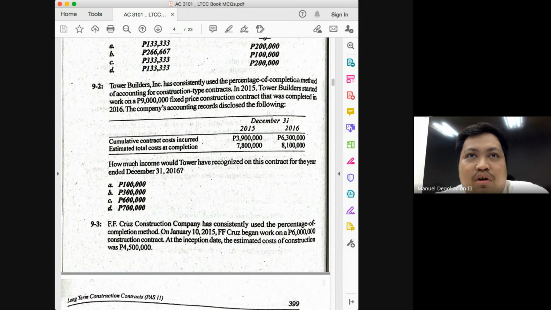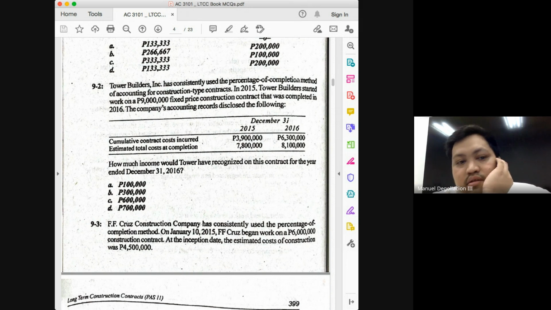Plus, we have our cost incurred to date. Plus, if I say we need the cost incurred to date, you do not have to look for those exact words, class. Okay, the equivalent may be given in the problem. And that's exactly the case in this problem. The cumulative contract costs incurred, class, is already your cost incurred to date. I hope you understand that the cumulative contract costs incurred represents your cost incurred to date.